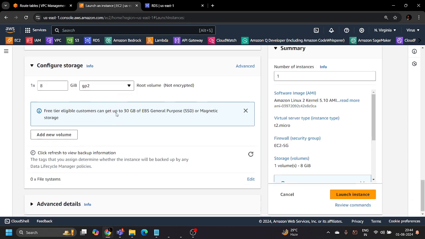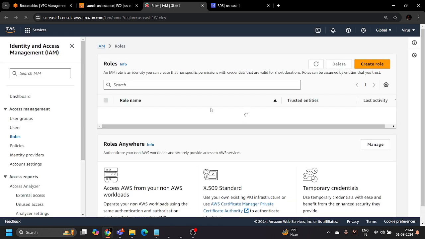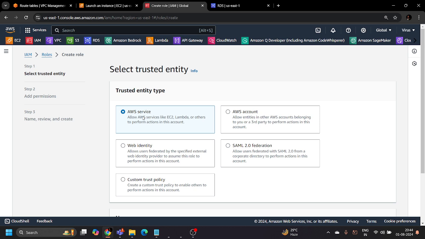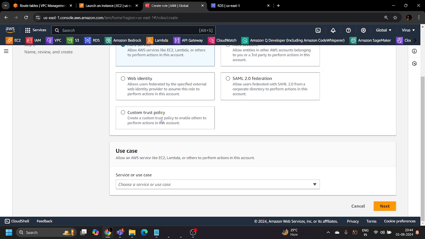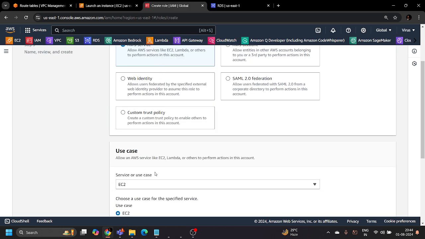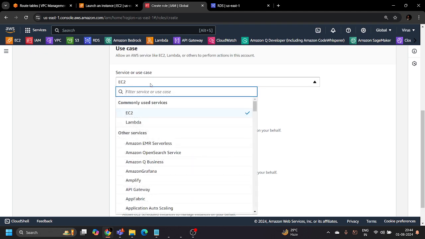And inside this advanced details section, there is a section of IAM instance profile. So we will be creating a new IAM role from here. Let's click create role for the AWS service over here. And let's choose the service as maybe EC2